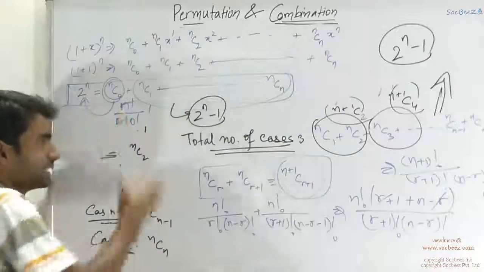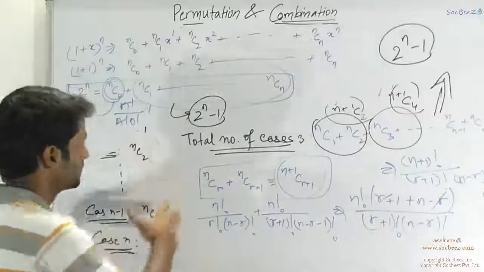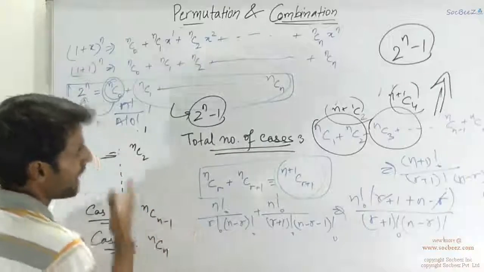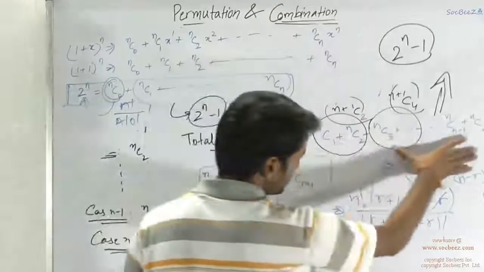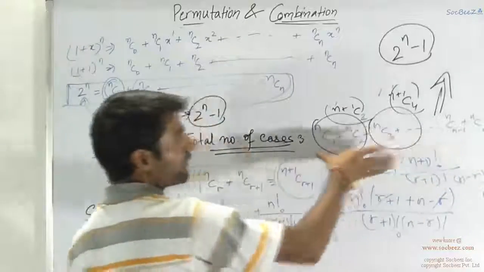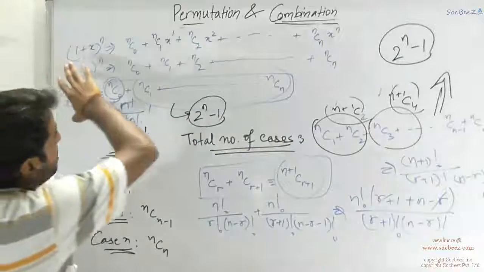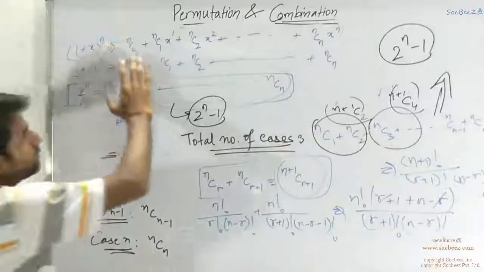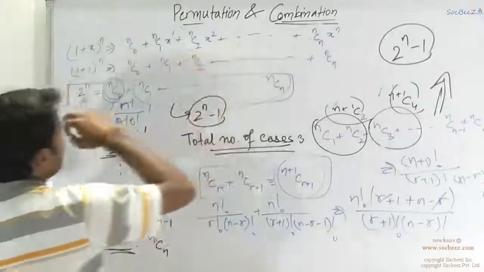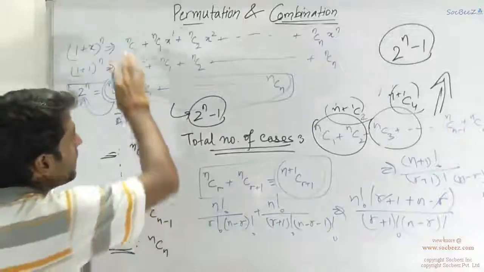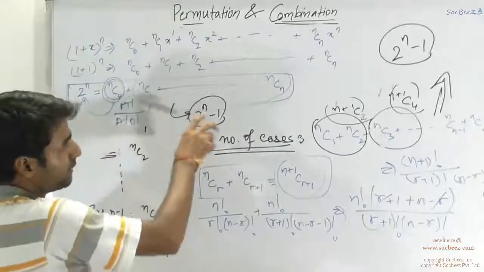This is basically done with the same theory which we learned in the previous lecture, that is formation of cases, and by using the fundamental principle of counting, we add these small cases. We just got an expression and we have to find its value, so we use the binomial expansion. The binomial expansion for 1 plus x power n is nc0 plus nc1 x power 1, nc2 x power 2, and continued like this. We just substituted x equals 1, got an expression for the summation of binomial coefficients, and got the value from here.